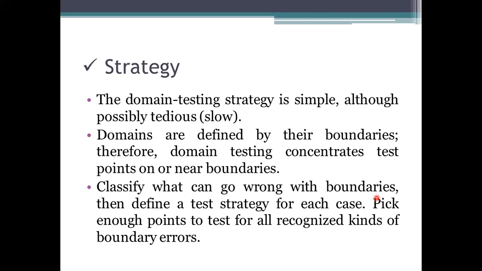If we have some 10 variables involved in our program, then we need to perform all the tests based on those variables. But here we need to specify that there is no need to take all these things. What we have to do here is pick enough points. Likewise, in path testing, we need to pick enough paths. Enough paths means I am taking the control statements there. Whatever control statements are involved has to be considered in those paths.